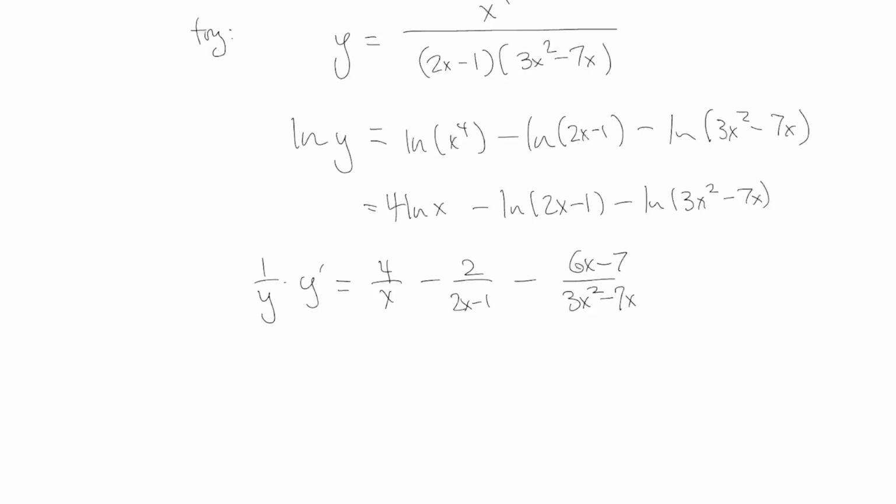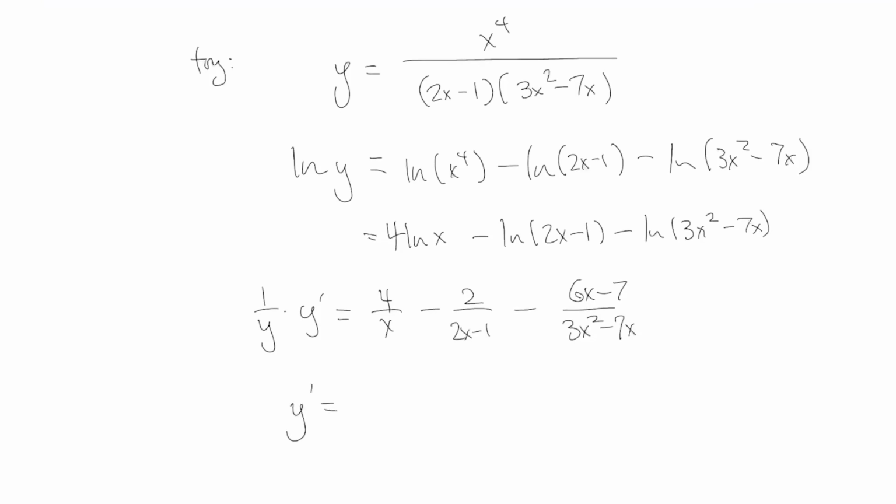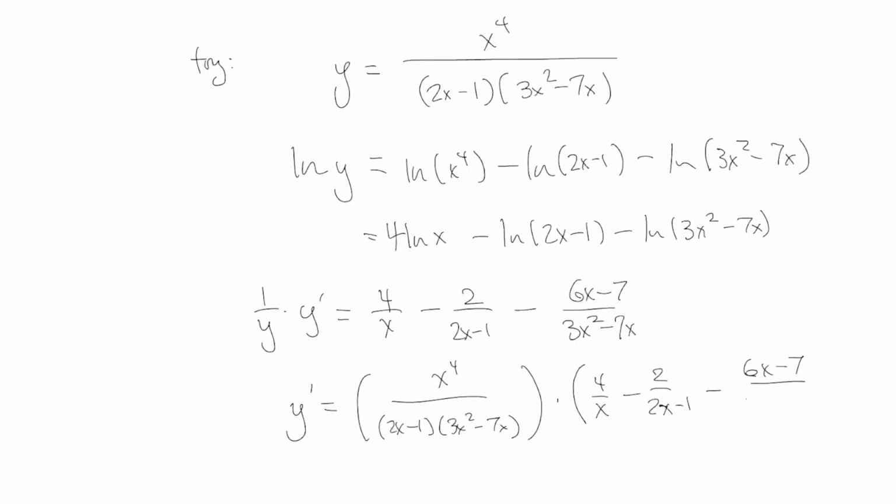And then you multiply the y to the other side, and then plug back in the original formula for y. Would you mind if I do that all at once? It will say, here's y: x to the 4 over 2x minus 1 times 3x squared minus 7x, and then times that other stuff: 4 over x minus 2 over 2x minus 1 minus this guy. That's it, all right? You could, of course, check your answer by doing the product rule and the quotient rule,